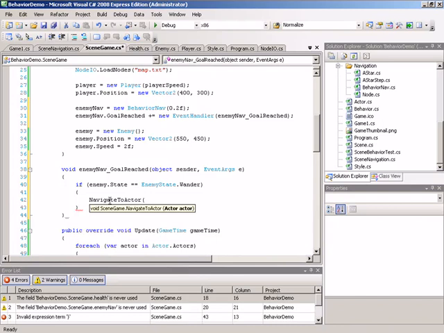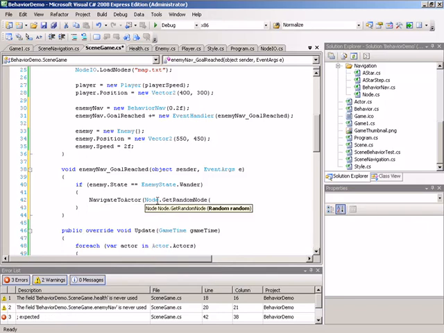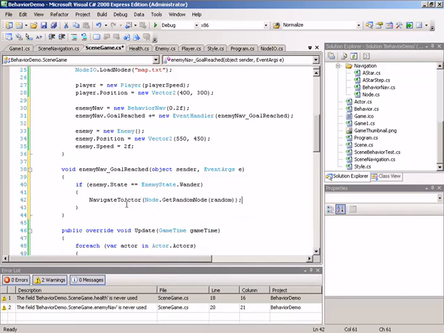Now for the actor that we would like to navigate to, we're going to leverage the fact that nodes are actually actors. So we can pass a node into this method. Then when we run get closest node on the node itself, it's going to have a distance of 0 to itself, so it's going to win based on any other node around it. So this way we can pass in a random node. In order to gain a random node, we'll access node.getRandomNode and pass in the random object that we're holding here inside of the game. Then we can close off our two sets of parentheses,